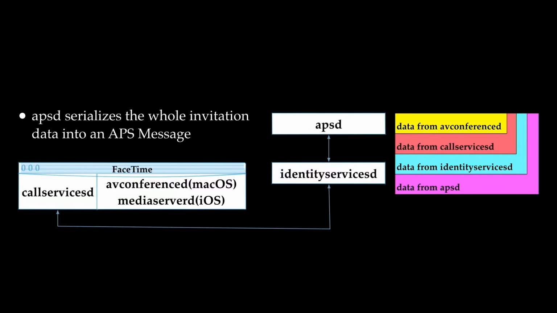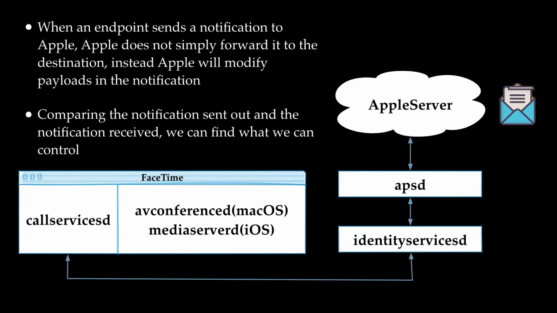So APSD will continue to serialize the whole invitation data into a struct called APS message, and then send it to the Apple server. When an endpoint sends a notification to Apple, Apple does not simply forward it to the destination. Instead, Apple will modify payloads in the notification. So it's important for us to find out